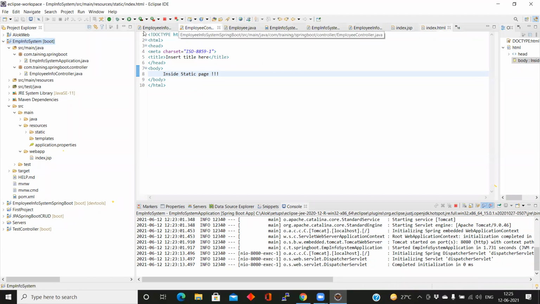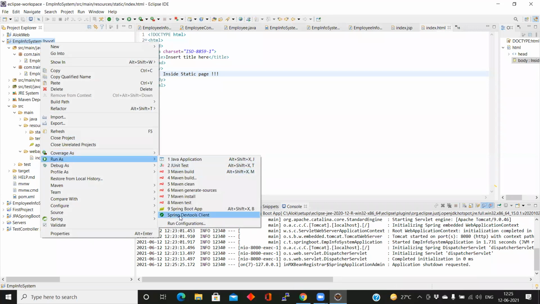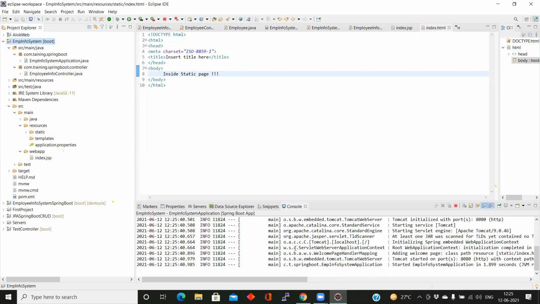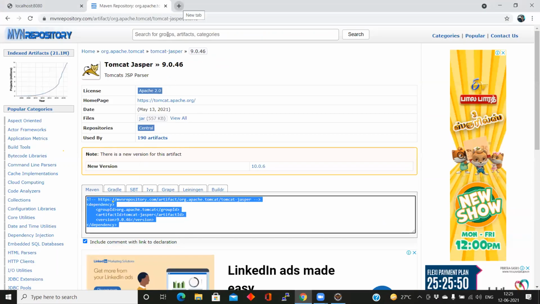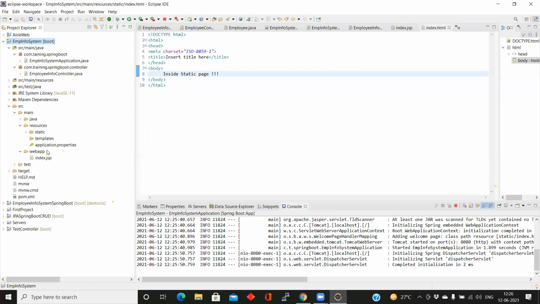Okay, next, stop. It is moving to the static page, but it is not moving to the JSP page. This kind of problem is a typing issue also.